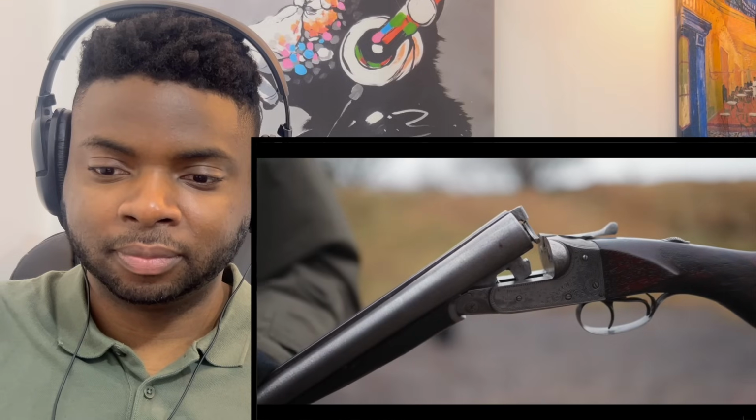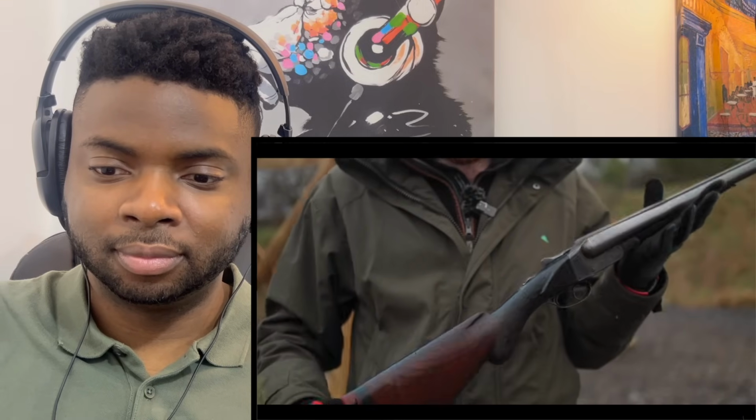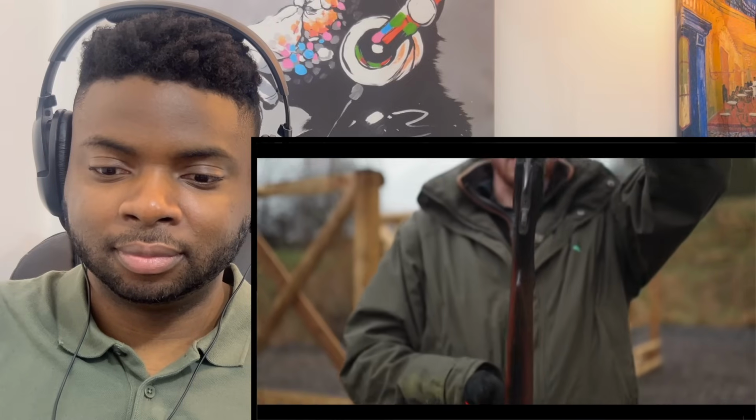Triggers are nice, definitely in need of a little bit of a clean up inside, touch spongy, and I mean, you can't hate it. My presumption perhaps is also that this has a lot of cast. I like a lot of cast, but this is...